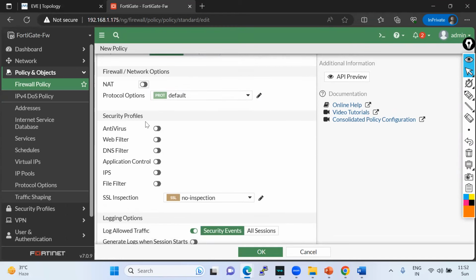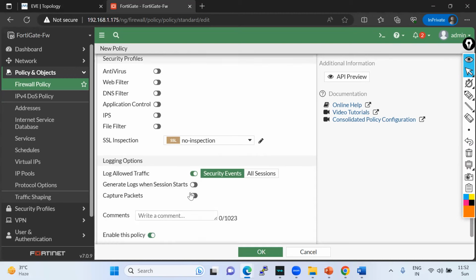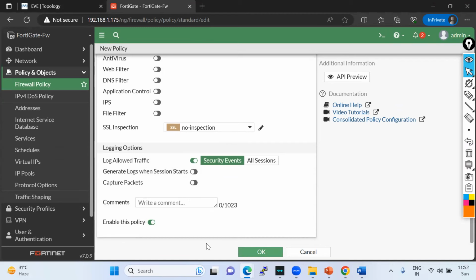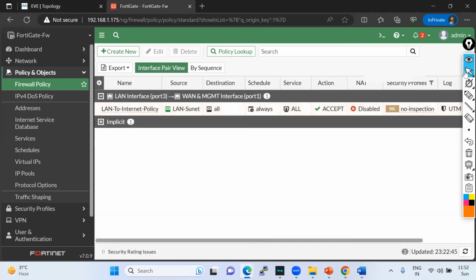Now there are a lot of options. You want to enable the security profiles, antivirus, web filtering. Yes, we'll discuss step by step all later. SSL inspection, logging policy. So now I'm going to click OK. My policy is created. You can see,